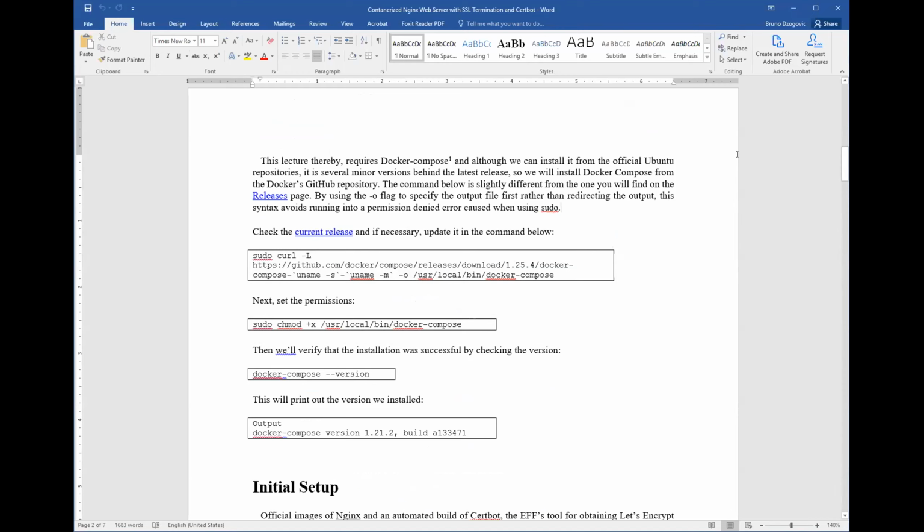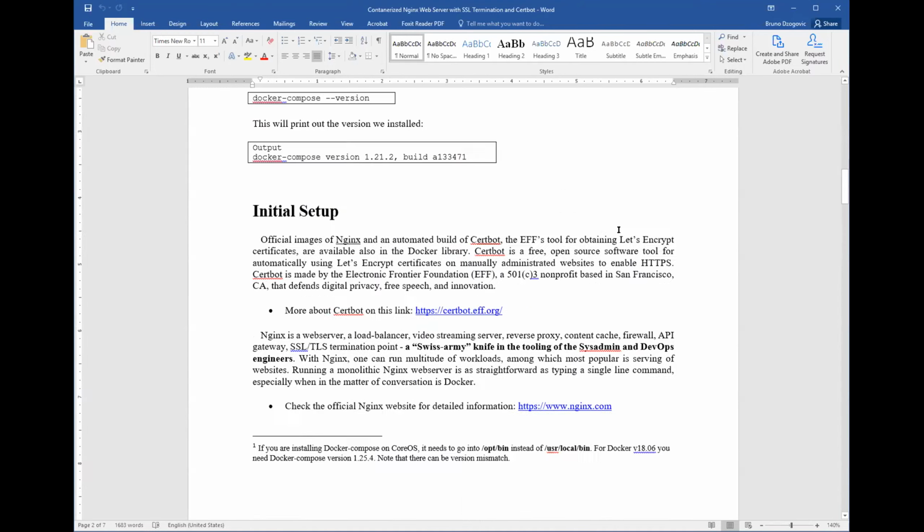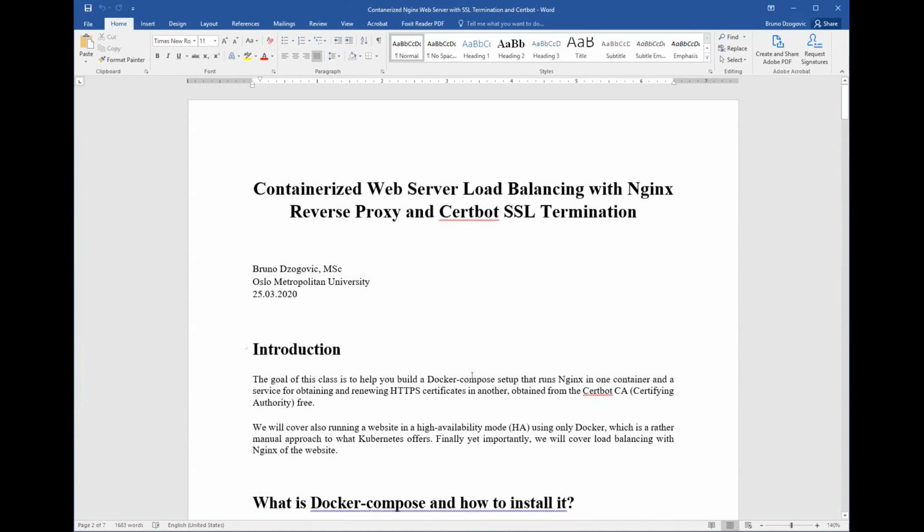In the meantime, I will finalize these documents and share them with you. Let me show you something more. I managed to collect some stuff for you. Let me check. I think I have also how to deploy Elastic Stack on Docker.